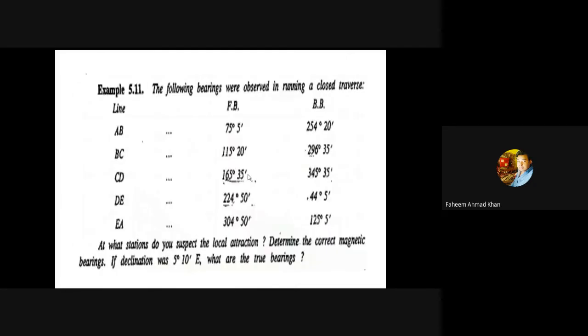At CD, your fore bearing is 46-degree. This is CD, and you have to make an angle of 46-degree. Just draw the line CD. At DE, you got 205-degree 30 minutes. So from the north, you will mark the north at point D, and an approximate angle of 205-degree 30 minutes is made, and a straight line is made accordingly.